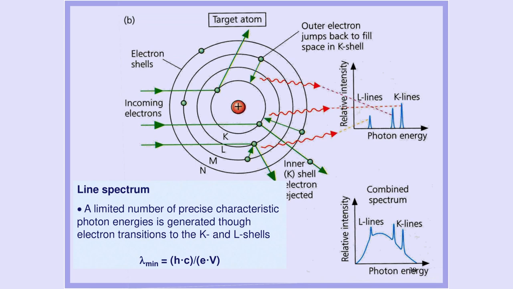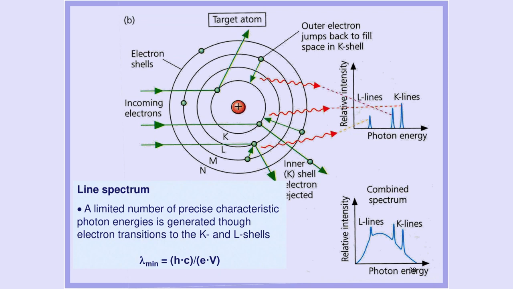Transitions terminating in the K shell give rise to the K lines. Those terminating in the L shell produce the L lines, and so on. As long as the target has a high enough atomic number Z, the resulting photon energy will be in the